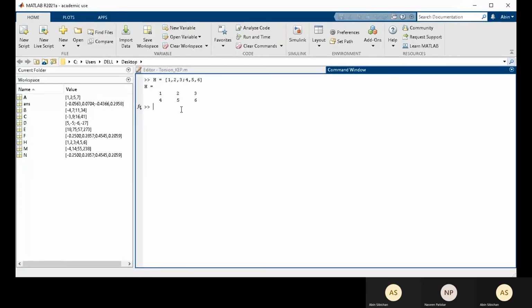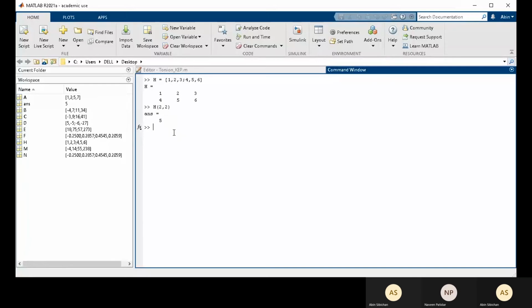What I can do is H, normal bracket, 2 comma 2. What happens is it will extract the second row, second column element. So you can access the matrices by giving the index of each of the variables.